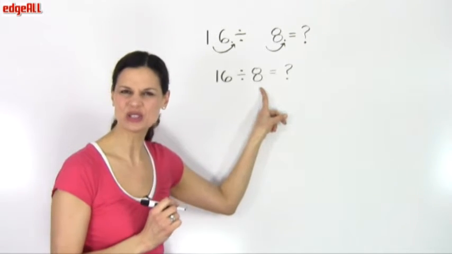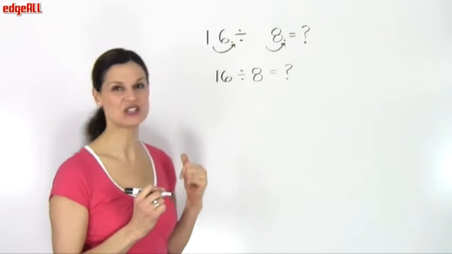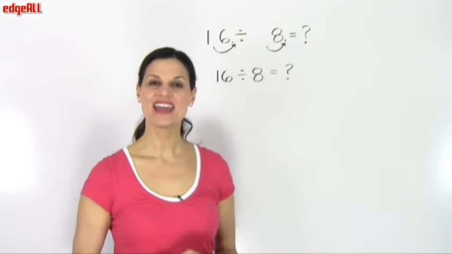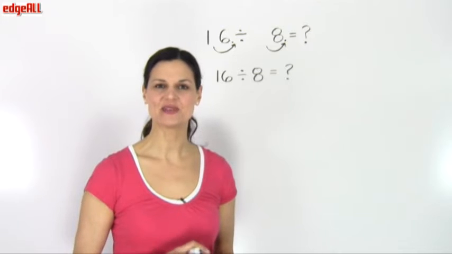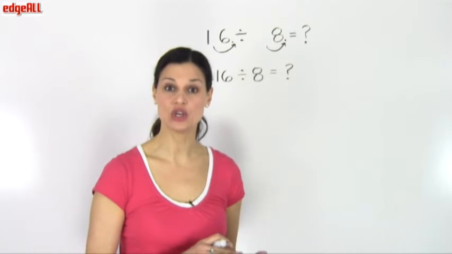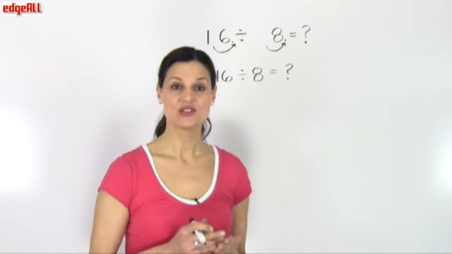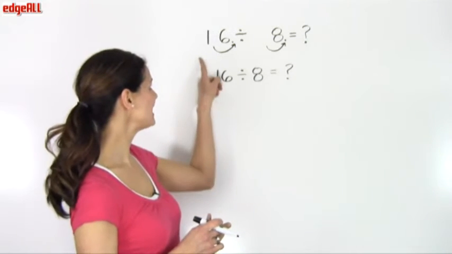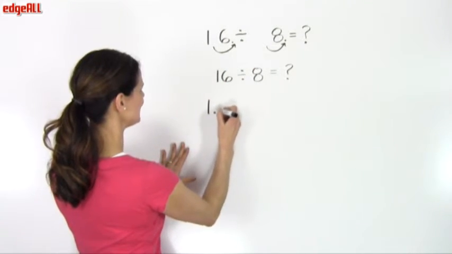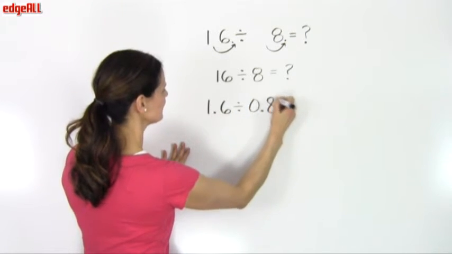Let's take a closer look at how and why this works to make this kind of adjustment to our decimal problems with division. As we have already learned, division is related directly to fractions. The dividend is equivalent to the numerator, and the divisor is equivalent to the denominator. So if I were to write my original problem, which was 1.6 divided by 0.8,